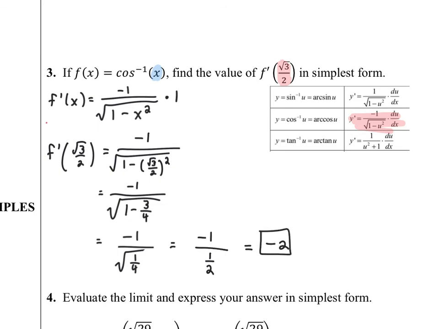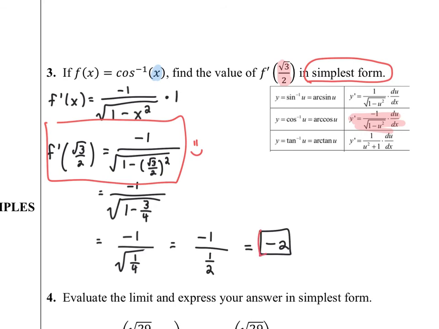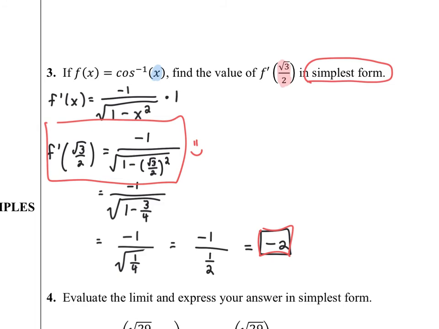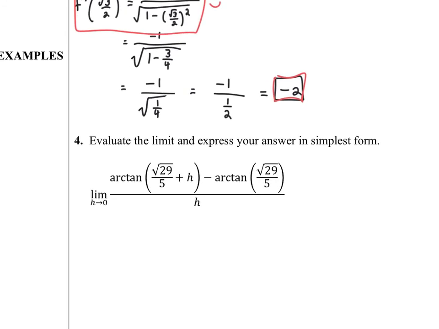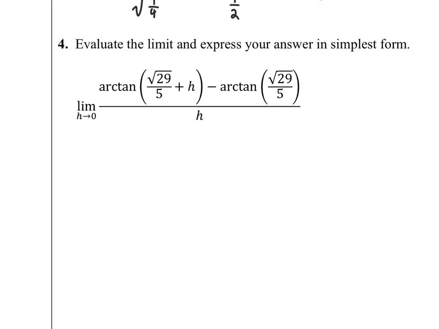And again, realize the calculus was over at this moment right here. If this didn't have the direction to express in simplest form, I would have stopped at this moment. But because it told me to simplify, I had to do all of this algebra and get my answer to be -2. Our final example is going to take us back to our very first derivative lesson, which was that